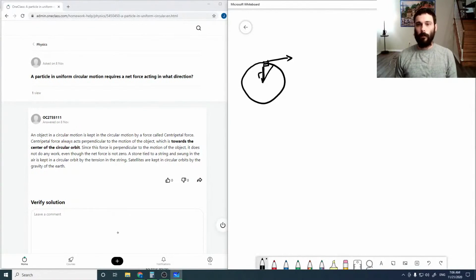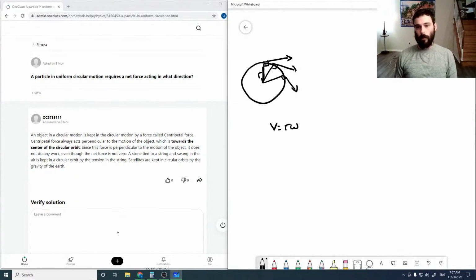And I'm just going to draw another one and draw another one. And each of these we're going to pretend is tangent to this R. Okay. So we have that V is R omega,